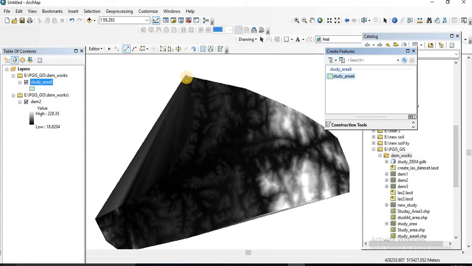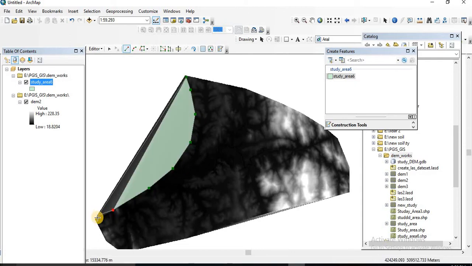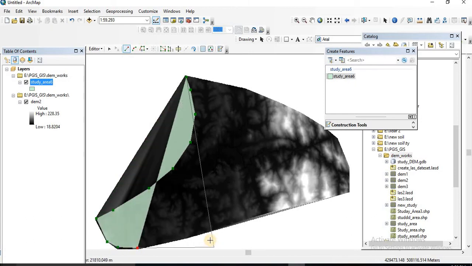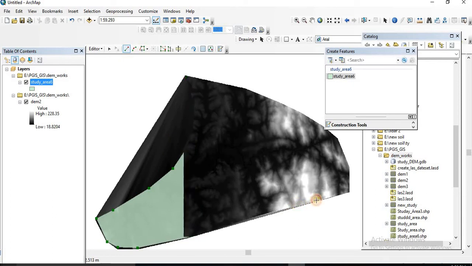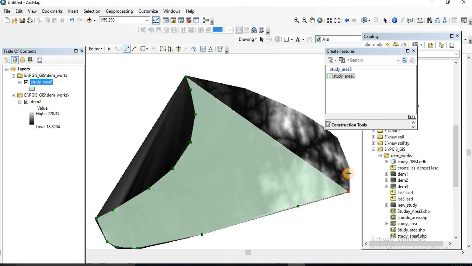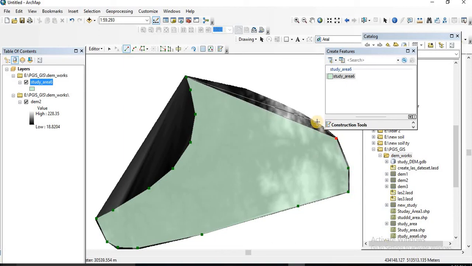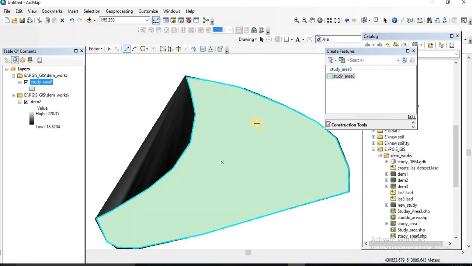I start now. Double click. After that we can see our study area on the DEM.